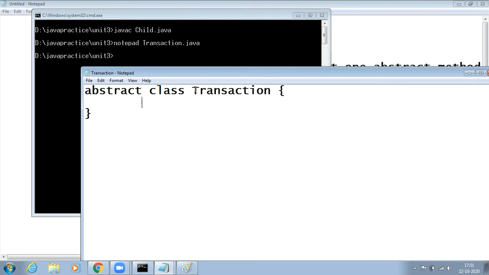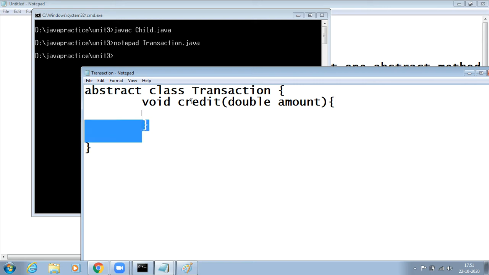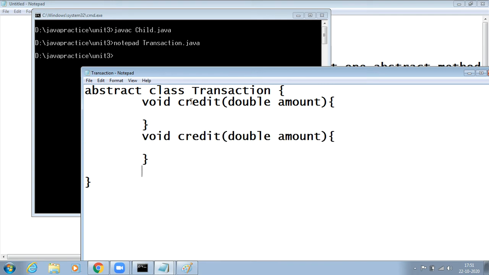So I just want to say that a transaction is something which you either credit or debit, right? So for example, void credit is one method of Transaction, and say we have another, void debit.